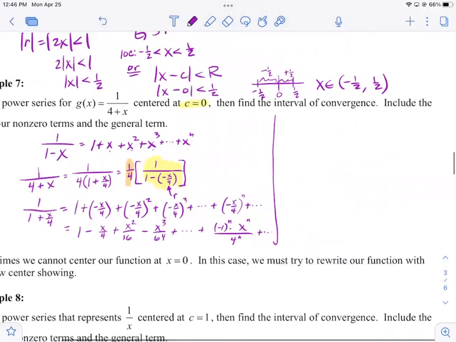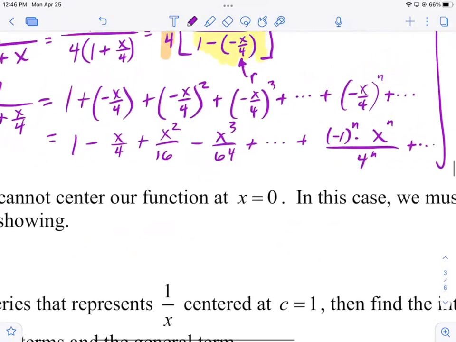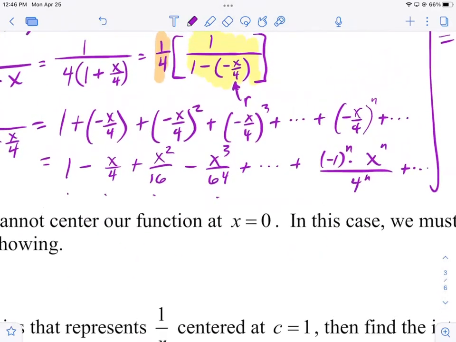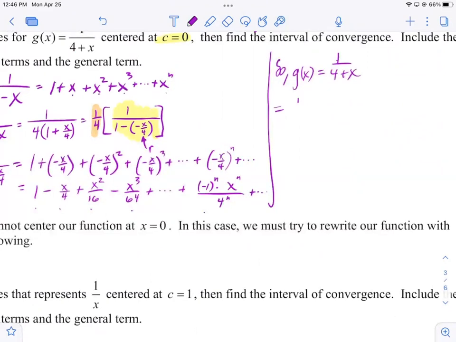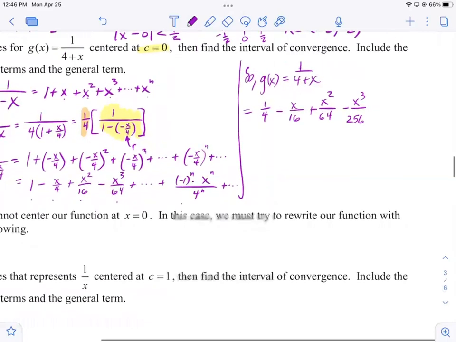1/4, right? So now I can say g of x will equal 1 over 4 plus x if you want, but let's just go ahead and distribute a 1/4 all the way through. Okay, so imagine every single one of these terms with an extra 4 in the denominator. So that becomes 1/4 minus x over 16 plus x squared over 64 minus x cubed over 256 plus yada, yada, yada, plus negative 1 to the n, x to the n, all over 4 to the what? N